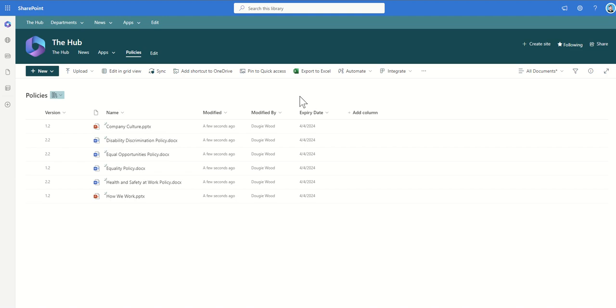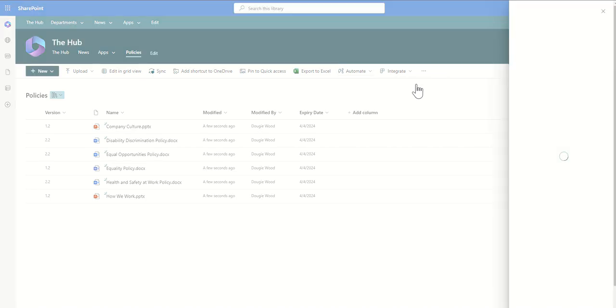Back in my document library, if you click on the automate option across the top, you have this option here that says set a reminder. Now you've already got the expiry date column preset, so it knows that it's going to integrate directly into this column straight away. And by automate, what it actually means is Power Automate. It's going to create me a Power Automate workflow preset from a template, and the only input it needs is this expiry date. So if I select this expiry date,